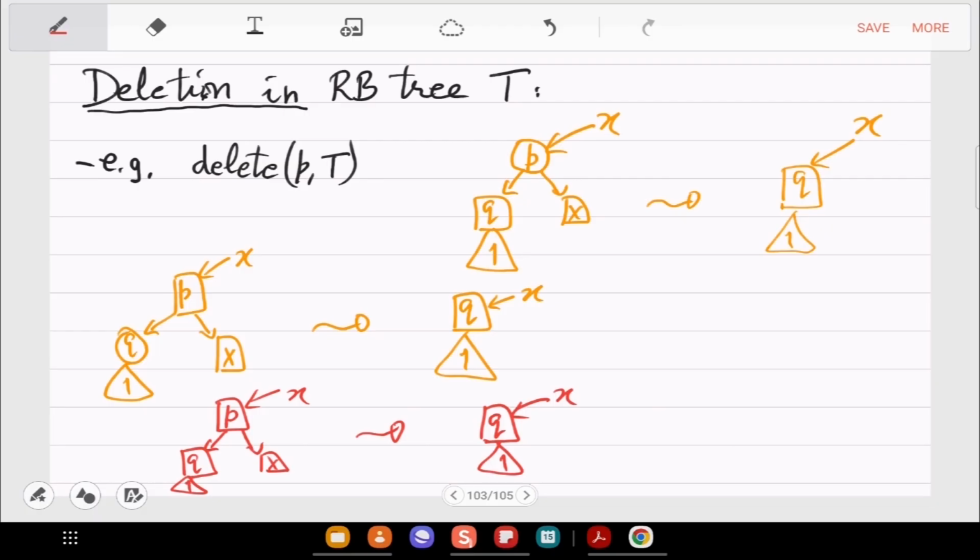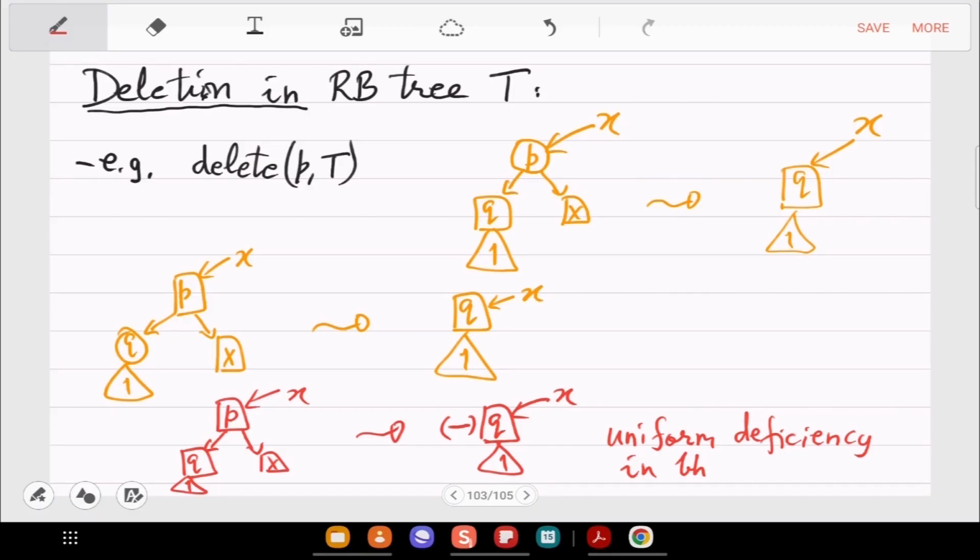There is now a uniform imbalance here. Let's denote that by this minus sign. So overall on this side of x, the black height has become minus 1 for whatever path you take.